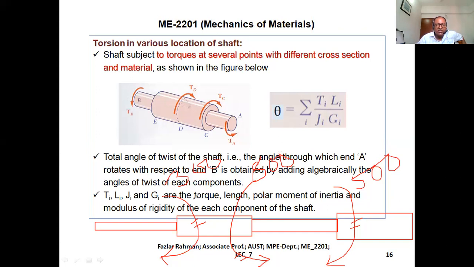Now, if I say this torque is working right over here at the joint, this one at this joint and this one at this joint. Length, diameter, you already know. Now, if I ask what will be the stress in this structure, how will you figure it out? You need to figure out the stress. So in that case, you need to know what is the torque in section 1. How will you figure it out? So you need to make the